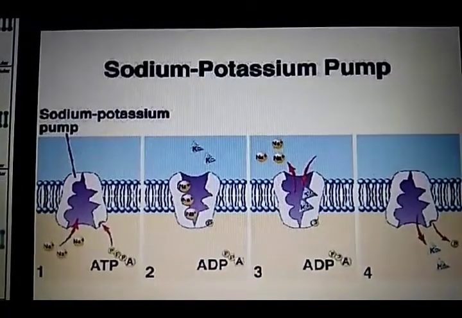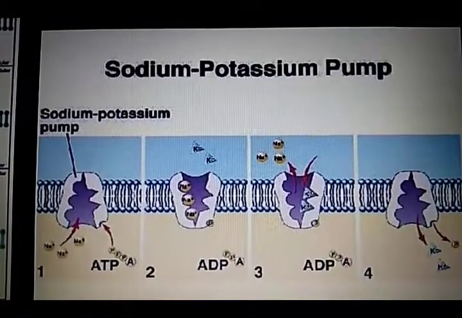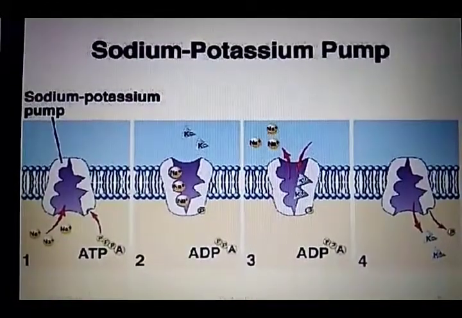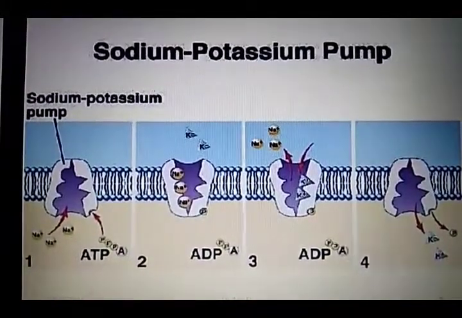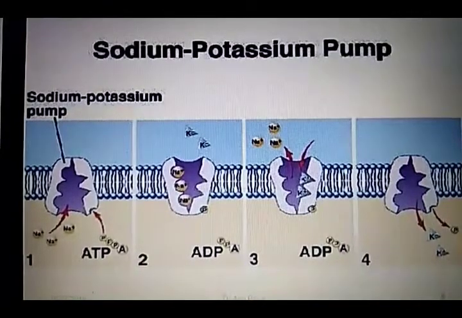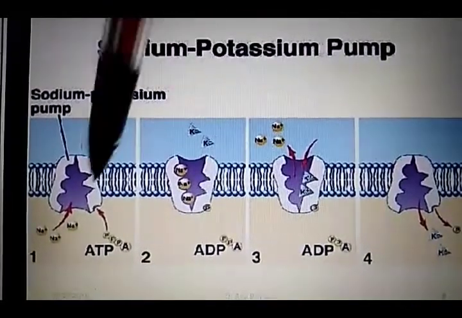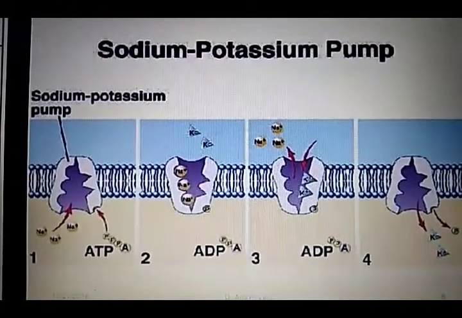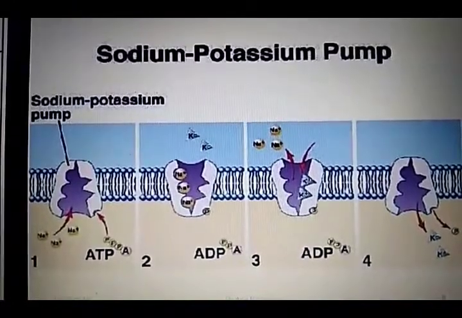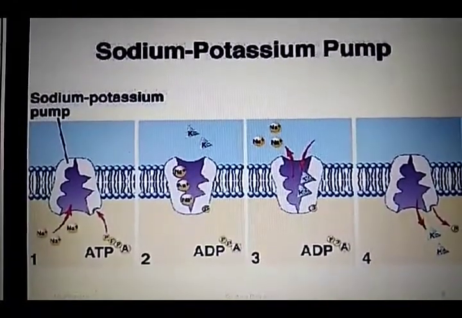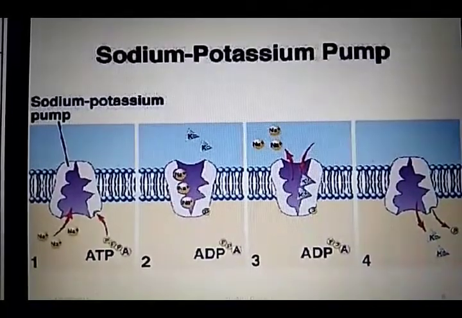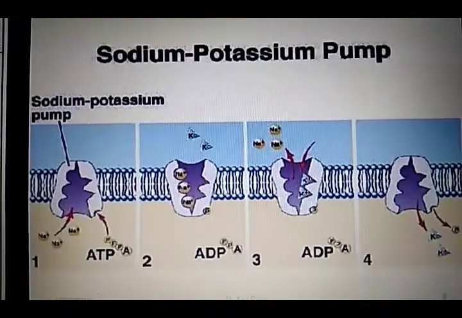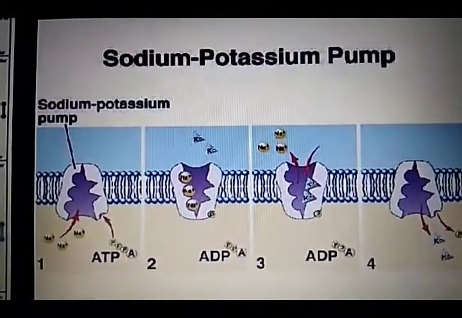Primary active transport of sodium and potassium, or the sodium potassium pump, can be taken as the example, as you can see in the figure. Sodium and potassium ions are transported across the cell membrane by means of a common carrier protein called the sodium potassium pump. In the figure, this is the sodium potassium pump. This pump transports sodium from inside to outside the cell and potassium from outside to inside the cell. This pump is present in all cells of the body. The sodium potassium pump is responsible for the distribution of sodium and potassium ions across the cell membrane and the development of resting membrane potential.